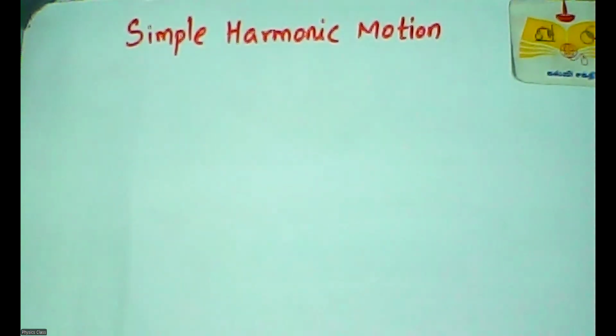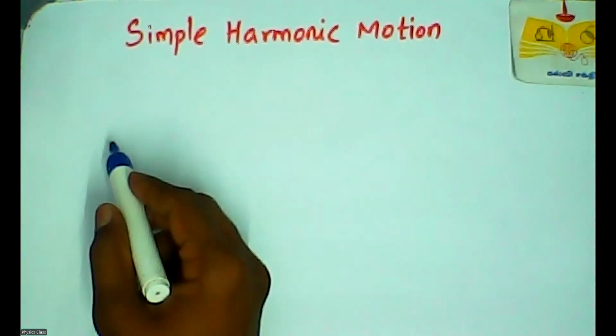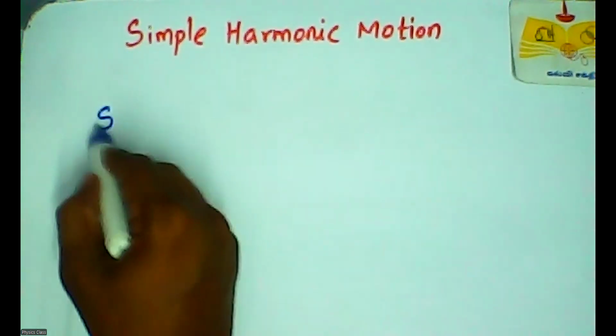And then we will move on to show that the motion of the point, that is the projection of a particle performing uniform circular motion on any diameter. Okay, right? So first of all, simple harmonic motion, SHM,